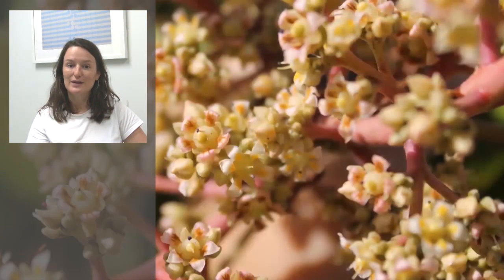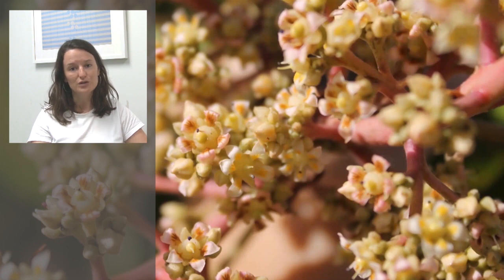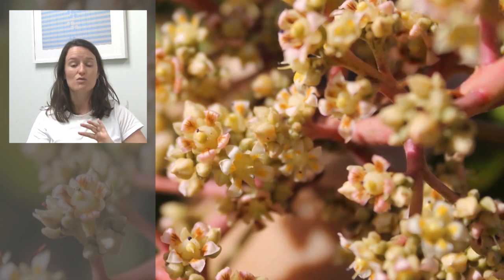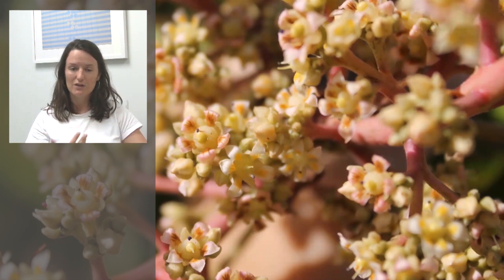So these are mango flowers. Since 2016, my colleagues and I have been studying mango flowers. What we've been doing is observing the fate of new stems on mango trees from the start of the dry season all the way to the start of the wet season. And by doing that, we're able to pinpoint the exact moments in time where stems turn into flowers as they're growing instead of leaves. We're then able to investigate the environmental conditions at that time and identify what environmental cues